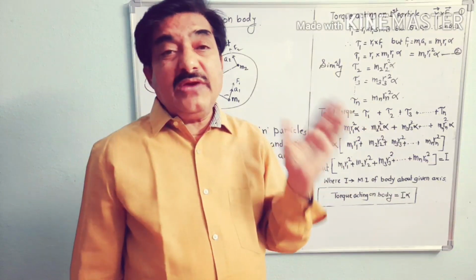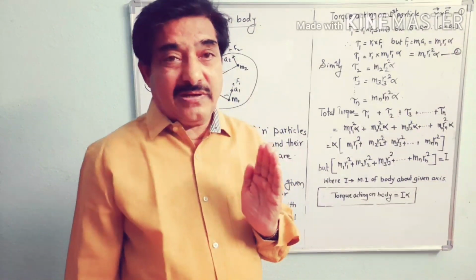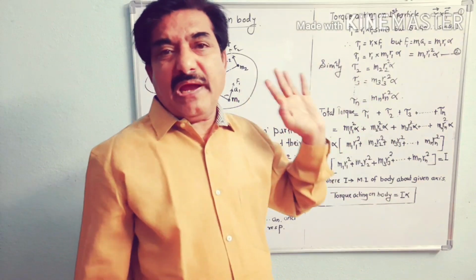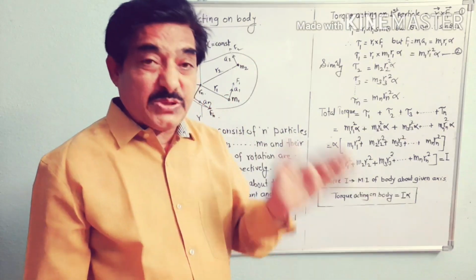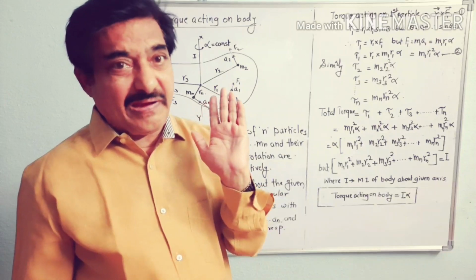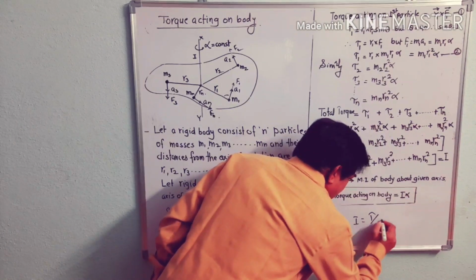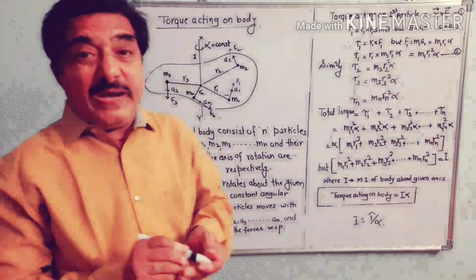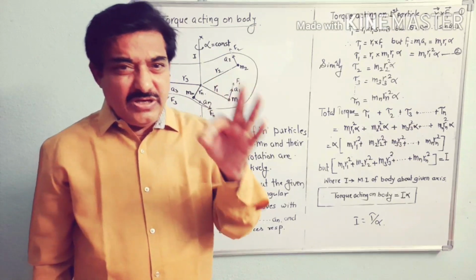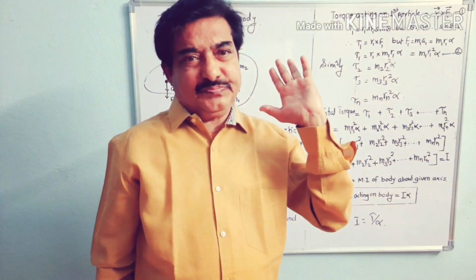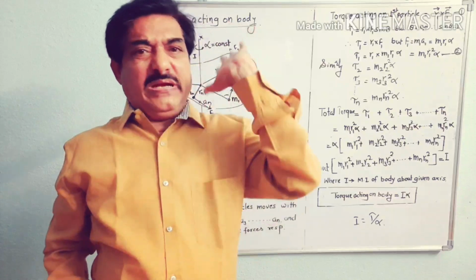From this expression, if the question is like, obtain an expression for torque acting on a body, hence define moment of inertia, that means from this definition you have to define moment of inertia. So here I is equal to τ by alpha. So moment of inertia is defined as torque per unit angular acceleration. If this body is rotating about the given axis of rotation with unit angular acceleration,